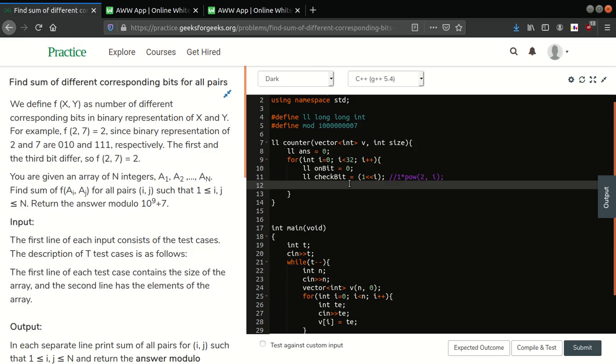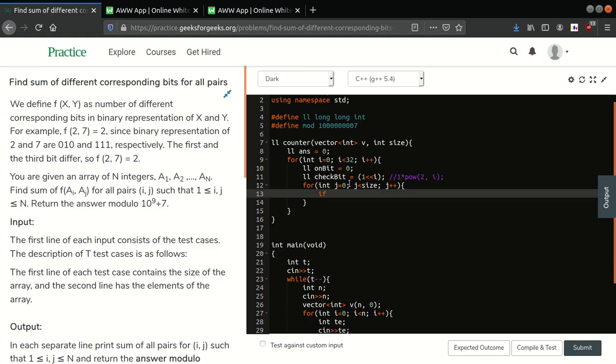Okay, so now I'll iterate over my vector. So int j equals 0 and j is less than size, j plus plus. If my check bit and bitwise AND with v of j is 1, then that means our on bit is there and we'll increment it.